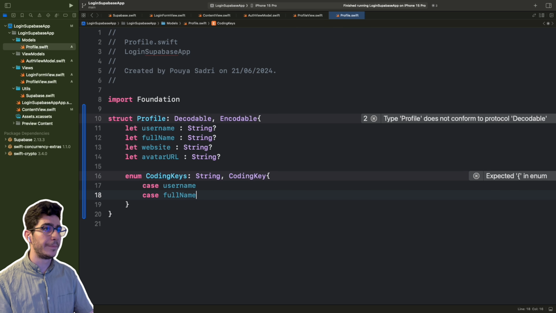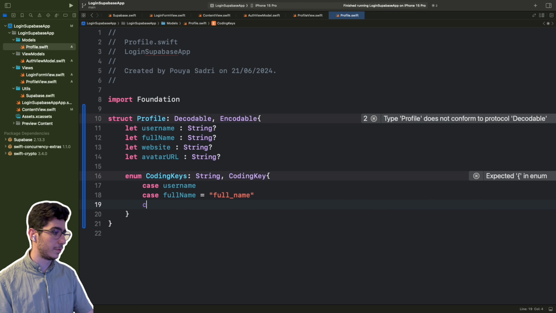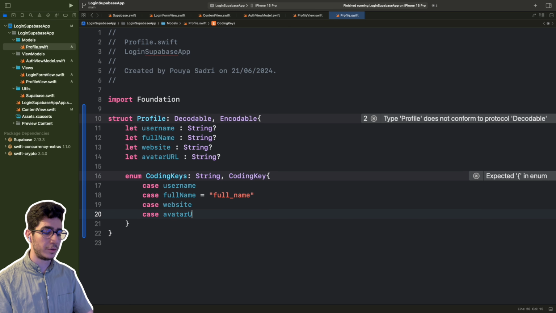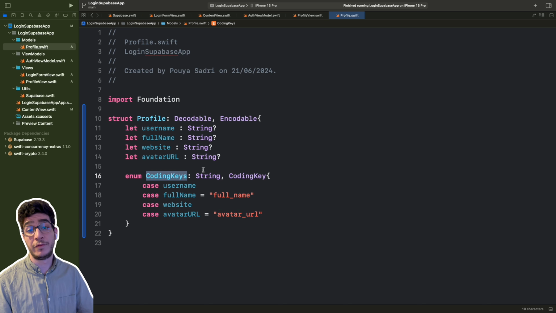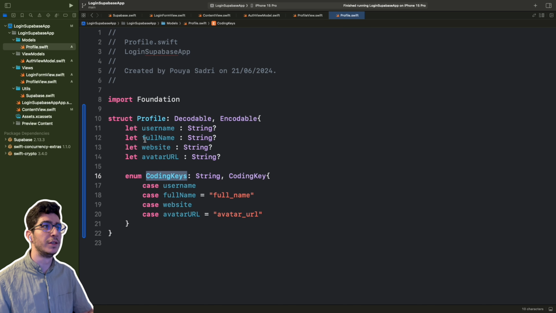Full name equal to full_name on the database. And we have a case website, still the same. Case avatarURL equal to avatar_url. So we use the coding keys